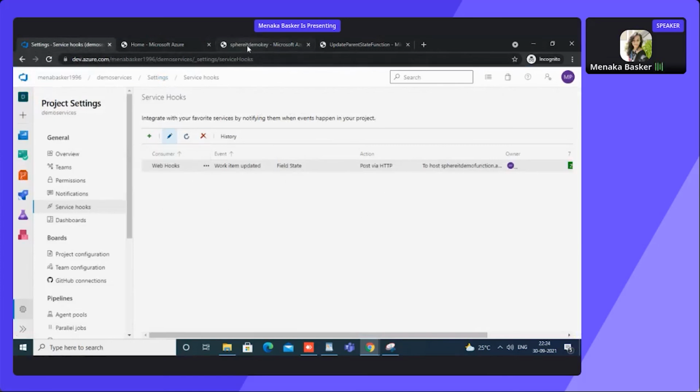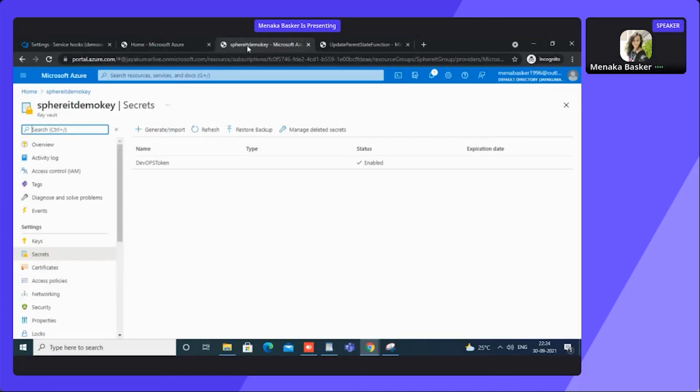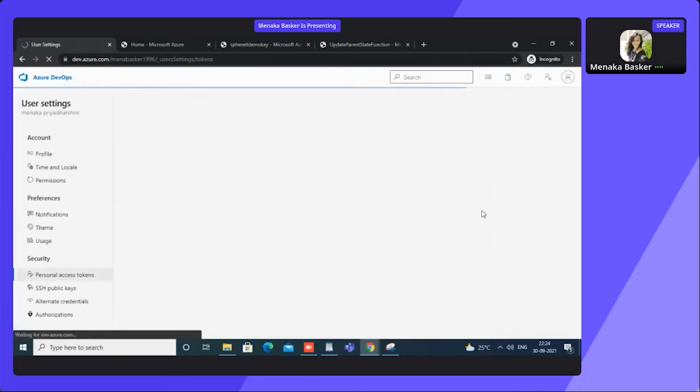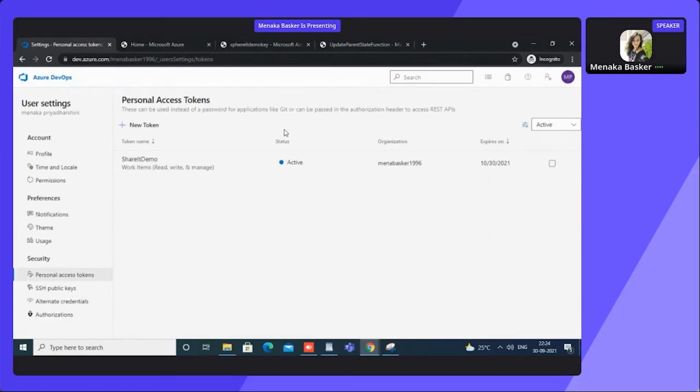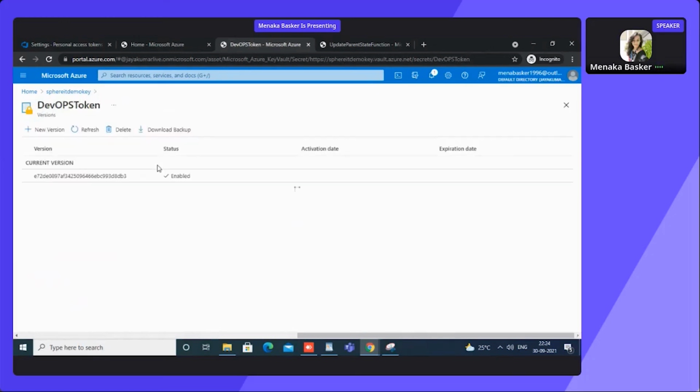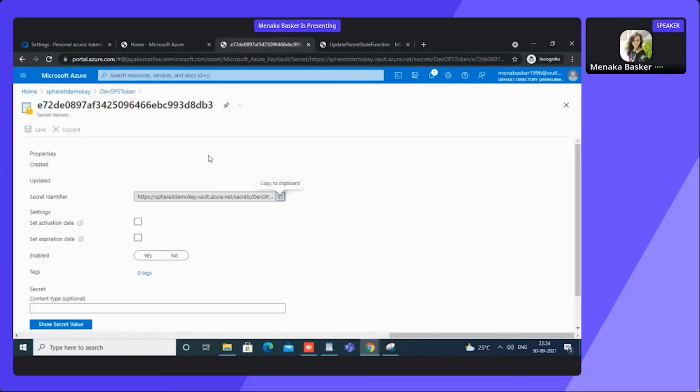So where does this Azure Key Vault come in, and how does it work? To make the DevOps authentication work whenever the task is performed, I need to have the personal access token, which I can get from here. The personal access token is already generated. So I can make use of this token and create a particular secret here.